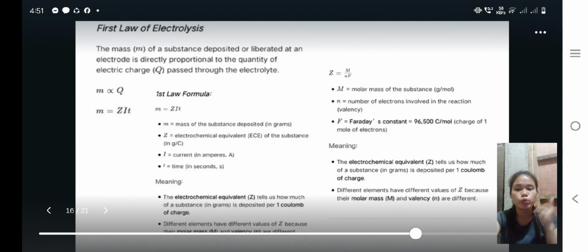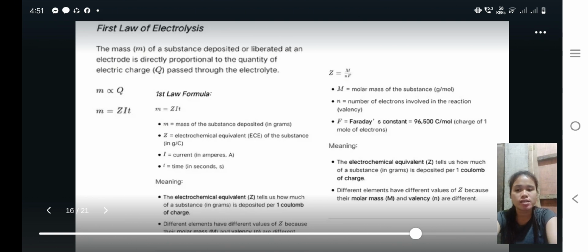So there are two laws of electrolysis. The first law of electrolysis: the mass of a substance deposited or liberated at an electrode is directly proportional to the quantity of electric charge passed through the electrolyte. So the first law formula is M equals